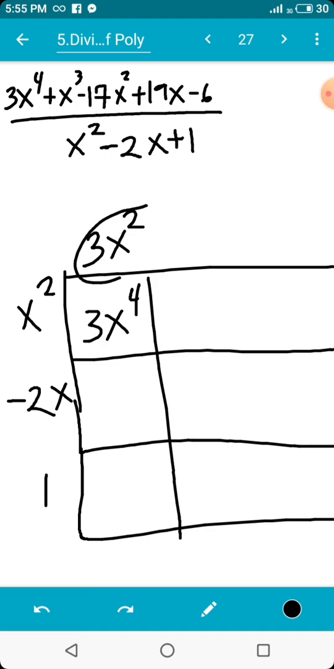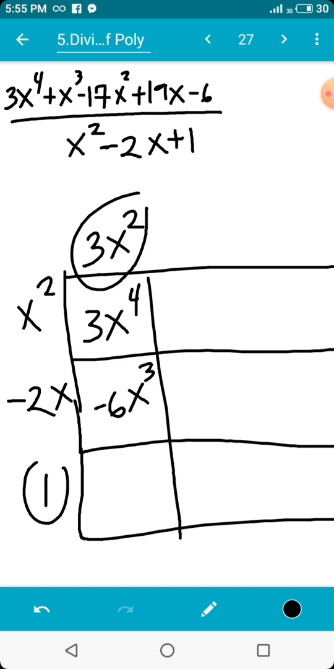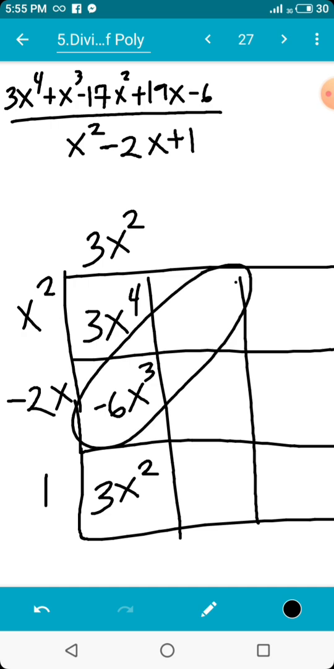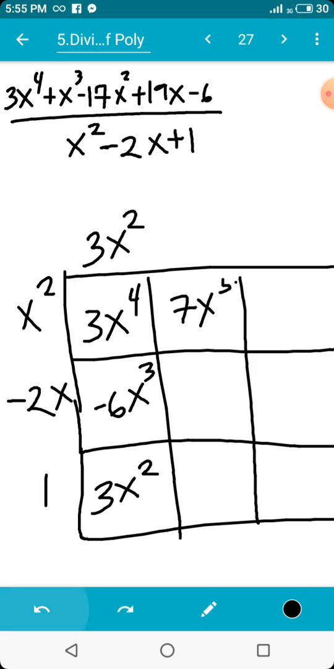Now, times natin yung 3x squared tsaka negative 2x. So, that is negative 6x cubed. 3x squared times 1, that is 3x squared. Okay? So, yung next naman, mag-iisip tayo na i-combine natin sa negative 6x cubed para ang lumabas ay positive x cubed. And that is positive 7x cubed. Okay? So, divide natin to tsaka to. And the answer is positive